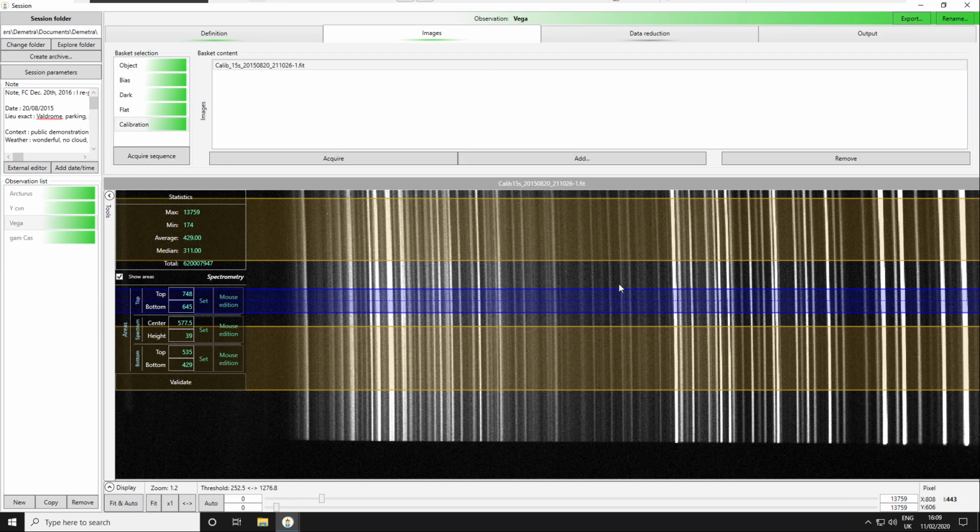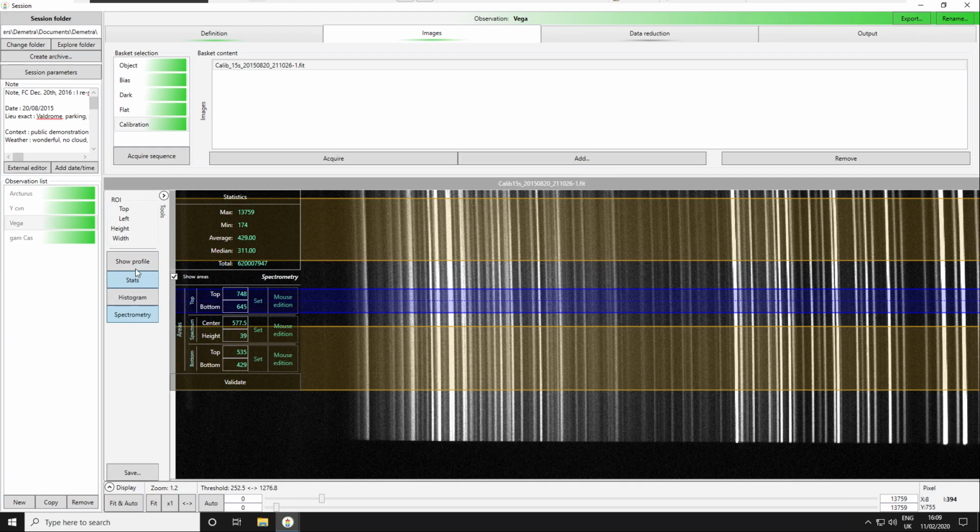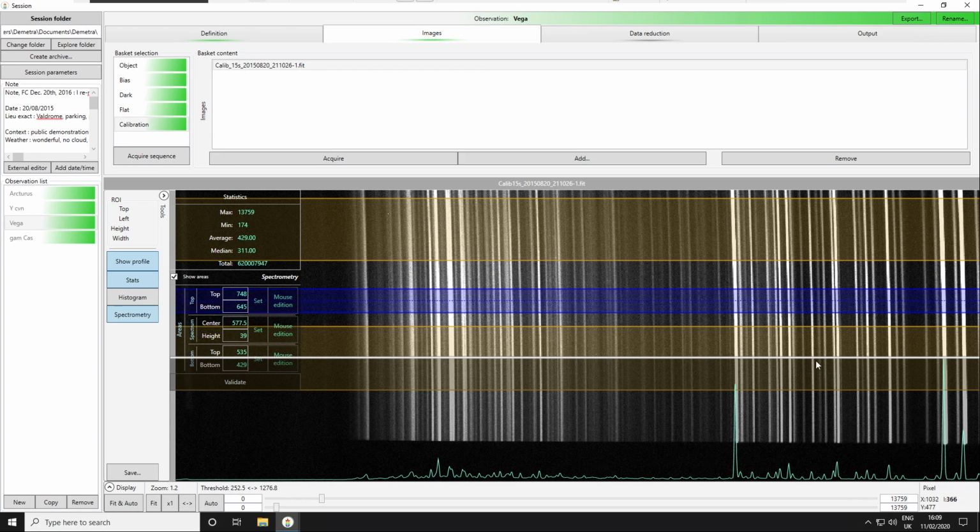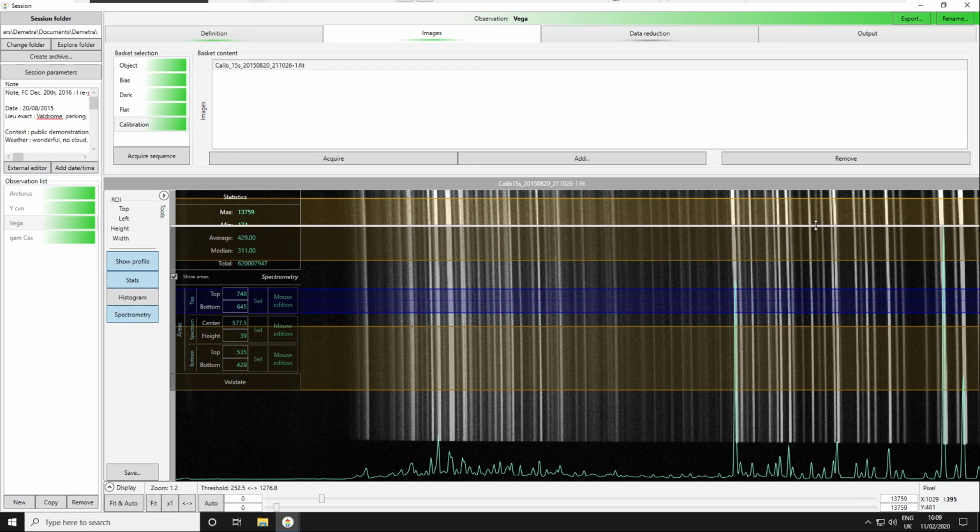We have to make sure that the image is not saturated. But in this case, there is a special case because you have faint lines and bright lines.